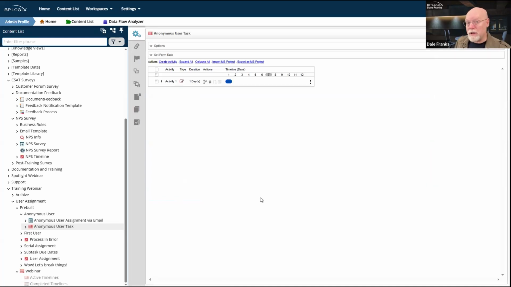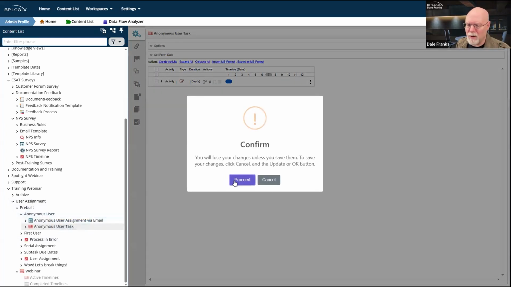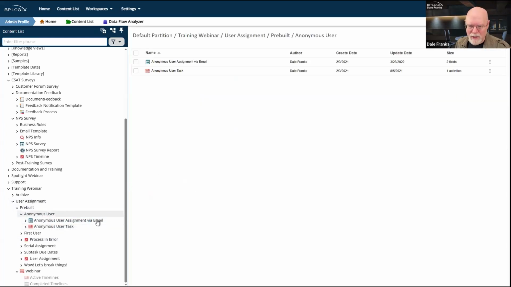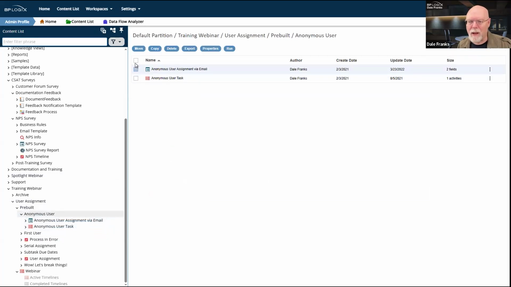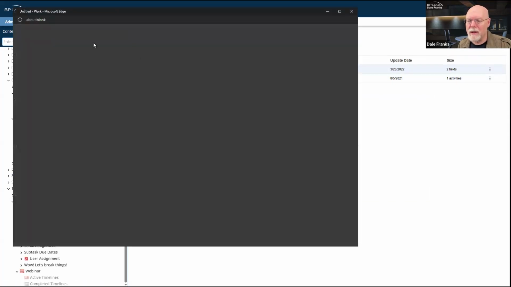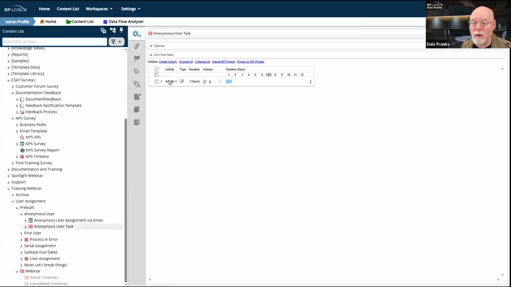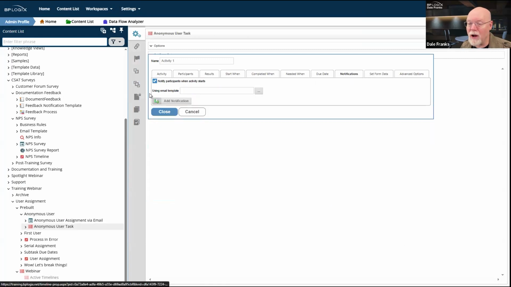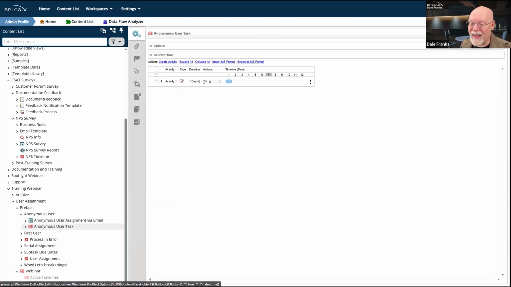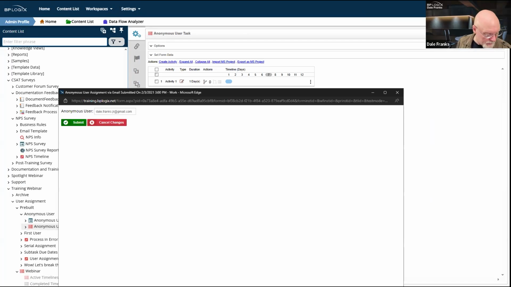From the anonymous user's perspective, everything is going to be fine. I'm going to assume that this works unless I have inadvertently changed something, which I don't think I have. But we're just going to run this, and well, now the form has to compile. While that is happening, I just want to look back and be sure that I have notifications turned on for this. I do. Good. That's super important because I need to receive the email, and indeed, I better open up Outlook so that I can get that.